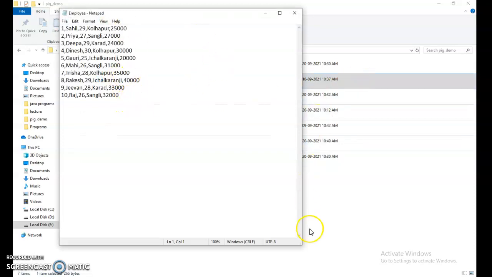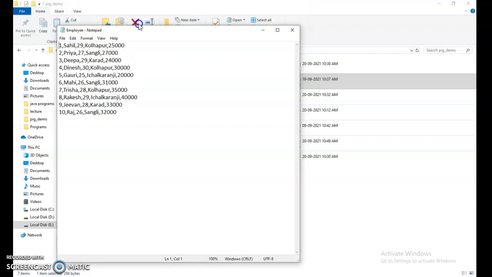Our task is displaying the top 3 employees having the highest salary. So we'll execute the required commands one by one.